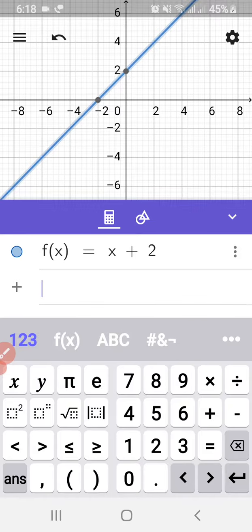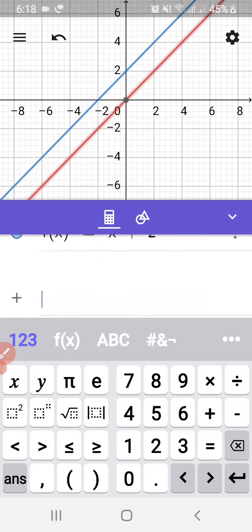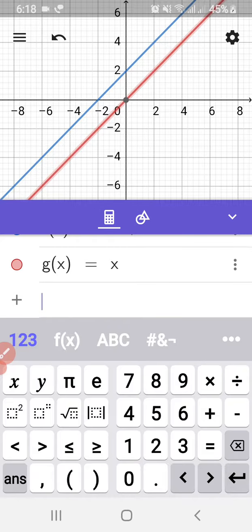Then you see that this graph is there on the screen. Okay, at the same time, I need to plot y equal to x, and then you can have a discussion on comparing the two graphs. Like these lines are parallel, so you can talk about it, or anything you wish to discuss with the students. You have the graph in front of you. Okay, so this is how easy it is to plot the graph on the GeoGebra in the mobile.